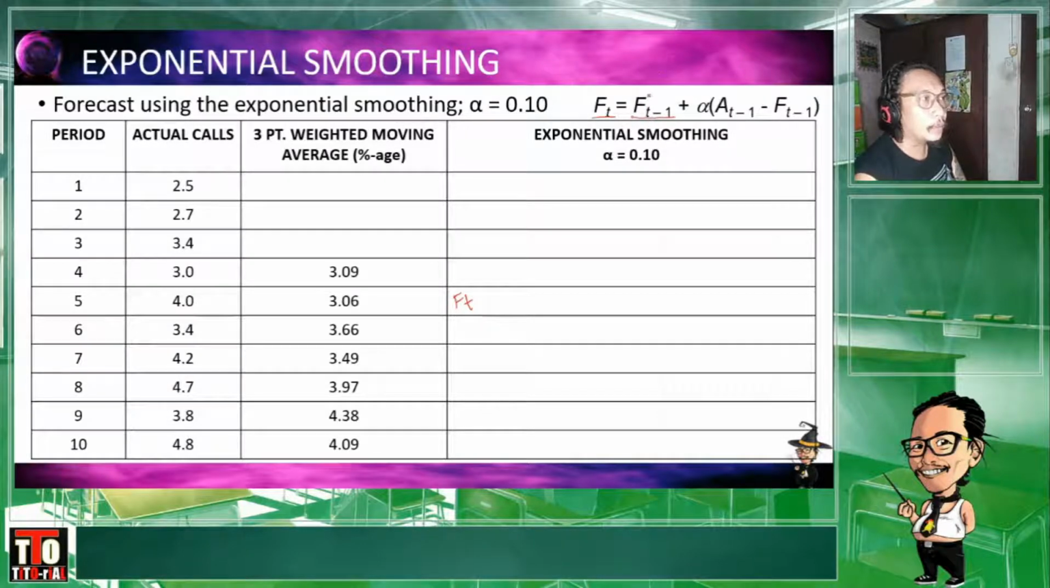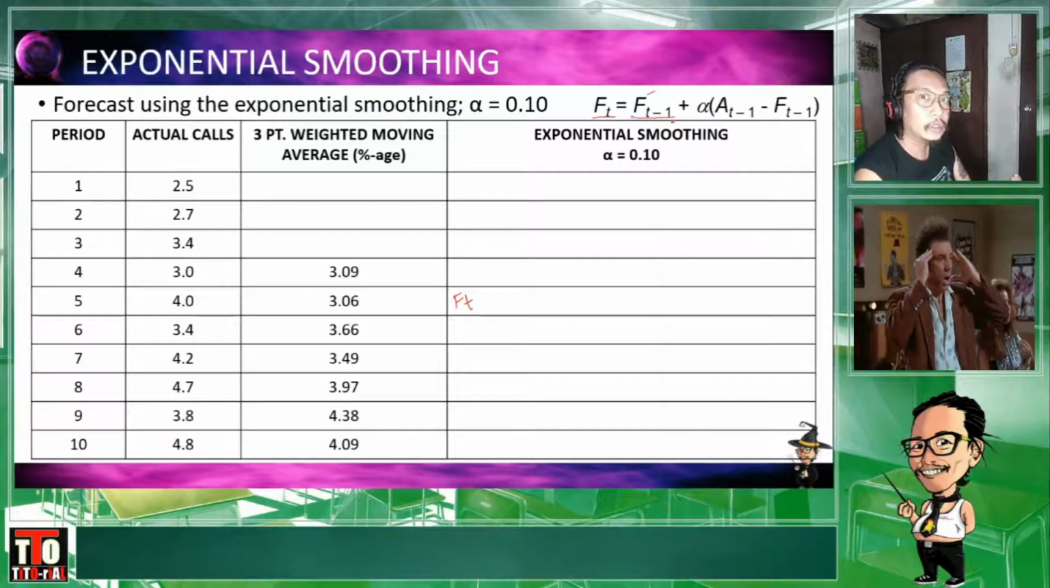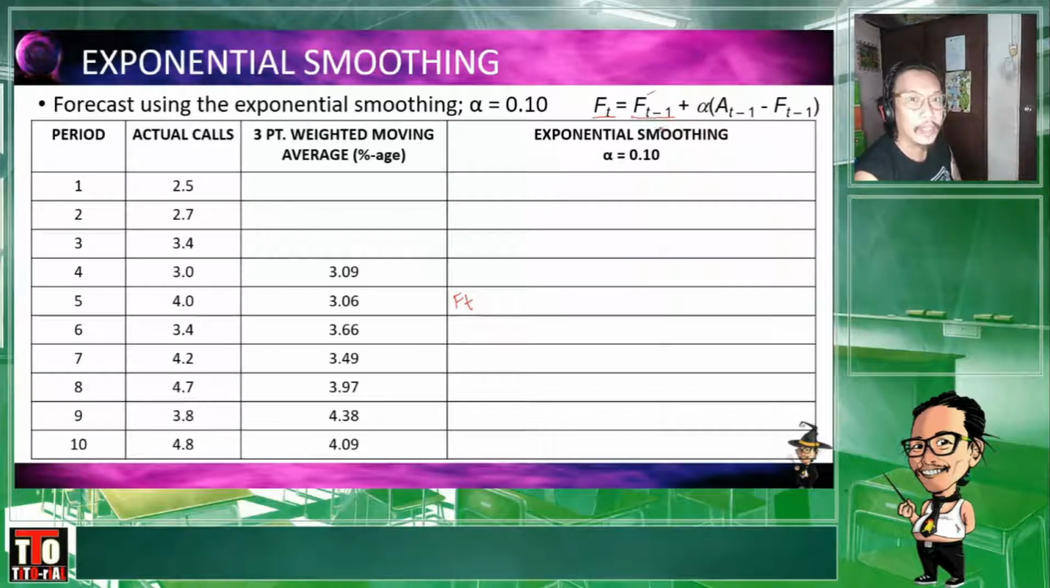So, tandaan natin, pag sinabing F, forecast. Okay? So, yung T minus 1 is yung previous period or previous time. Kaya T minus 1 yan. So, in order for us, para makuha natin yung F sub T, kukunin muna natin yung previous period's forecast. Ano ang forecast ng previous period? Ang previous period ng 5 ay itong 4. Saan ang forecast natin dyan? Itong